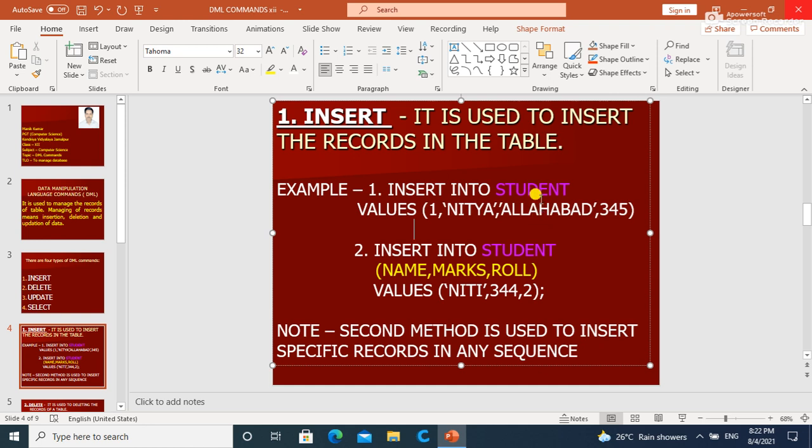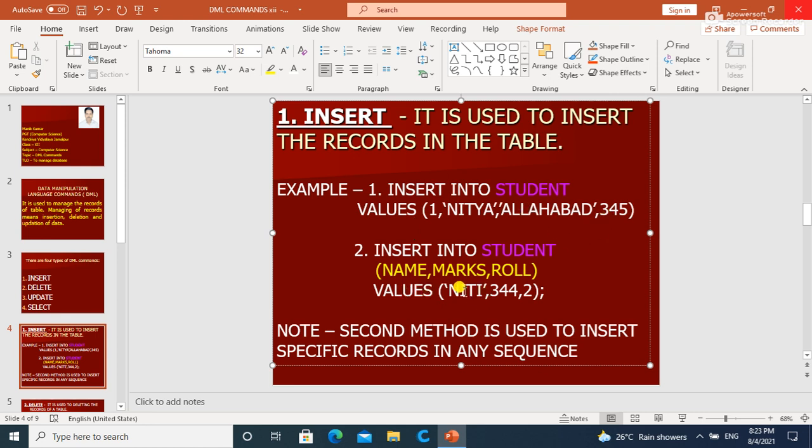Okay. There are two methods for insertion of records. In first method, we insert the values in same order in which it has been created, and in second method we can change the order of values. Here you can see in first example there are four values: first, second, third, and fourth.